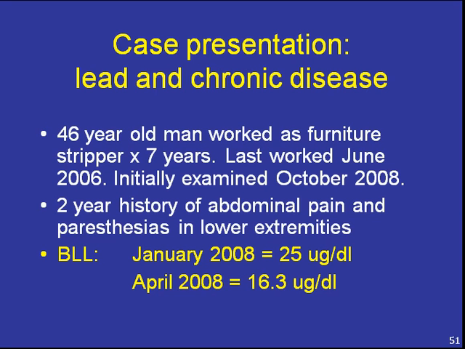I'm going to quickly present a case that illustrates, I think, one of the key points that Dr. Kosnet made, particularly highlighting the issue of underlying renal and hypertensive disease. As you recall, one of the new recommendations in the Environmental Health Perspectives paper and the Department of Health guidelines is to consider medical removal above 20 if there are underlying or coincident chronic diseases, including hypertension, diabetes, cardiovascular disease.